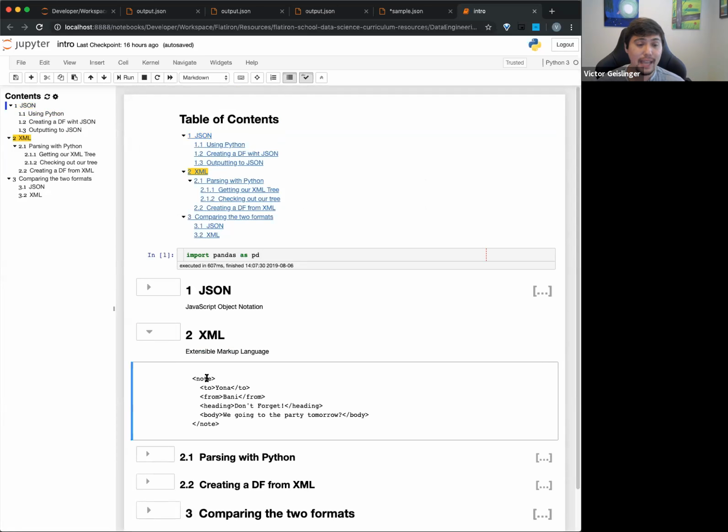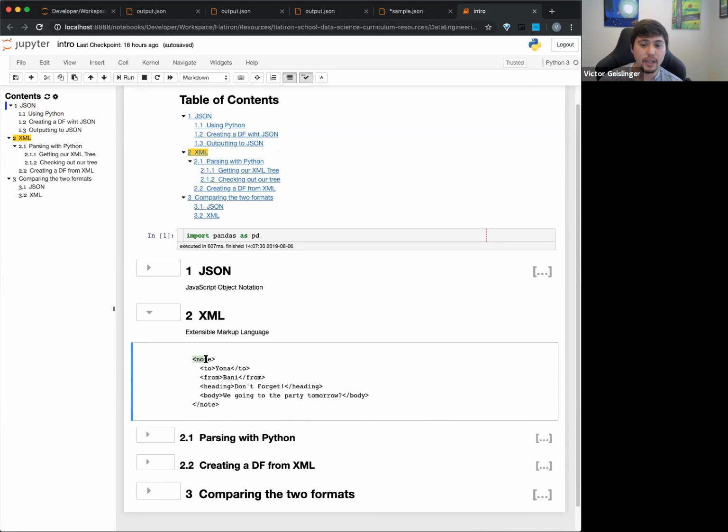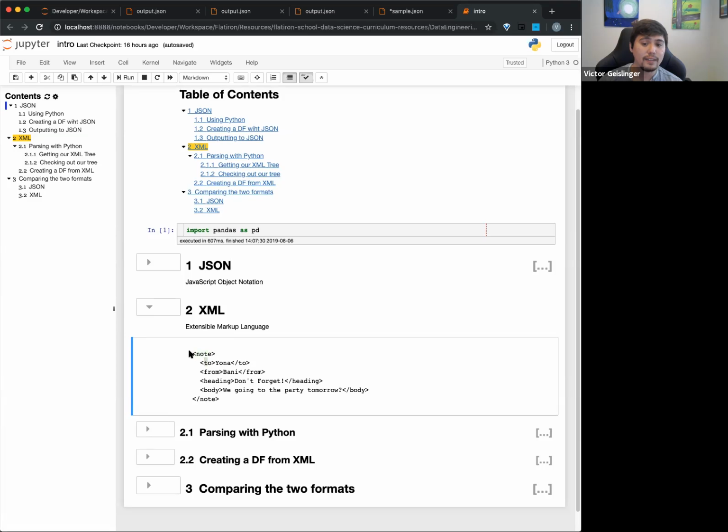So XML has that same structure of whatever you want. You can have nested parts over and over. This one's a very simple example of a note. So you can see here, okay, this is saying this is a note. This is their tag, and this tag is a note. That means everything within here ends right here. So if you've seen HTML, it's very similar. Basically, here's my tag, and all of the stuff before I hit this end tag,